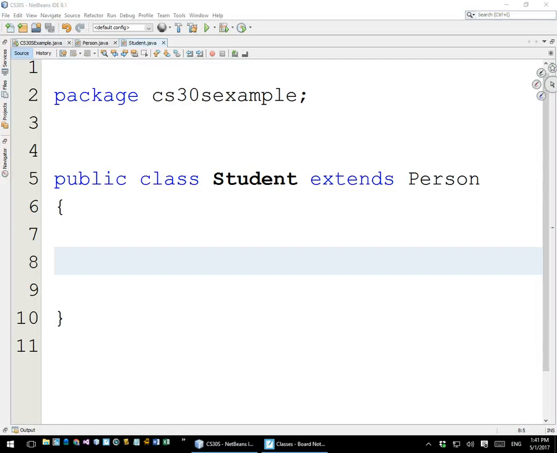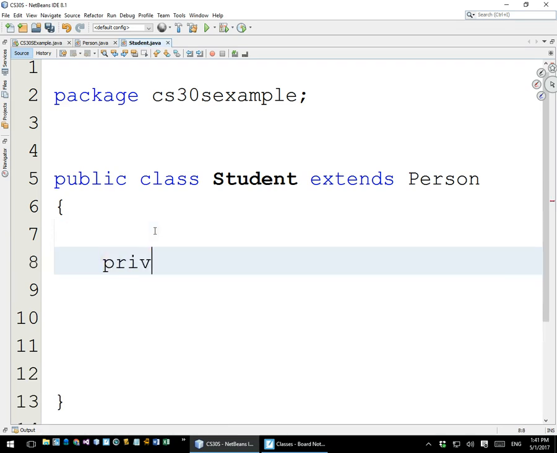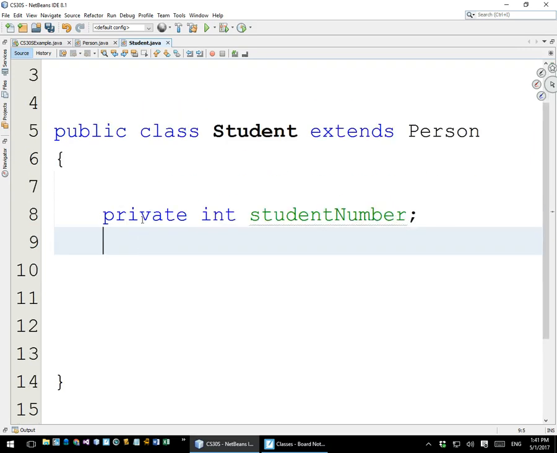So let's write it. Let's go to our student class and write in what I just said. I said that we would have a private integer for the student number. That will store a student's student number. It's one of the things you have to use when you get a timetable or take out a book in the library. You need to know your student number. Let's also make a private double for your